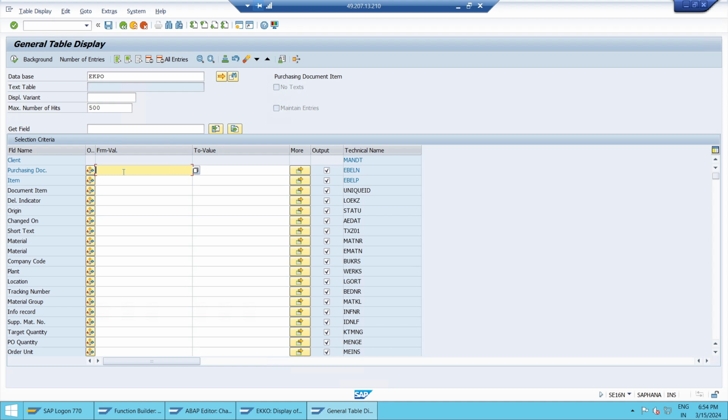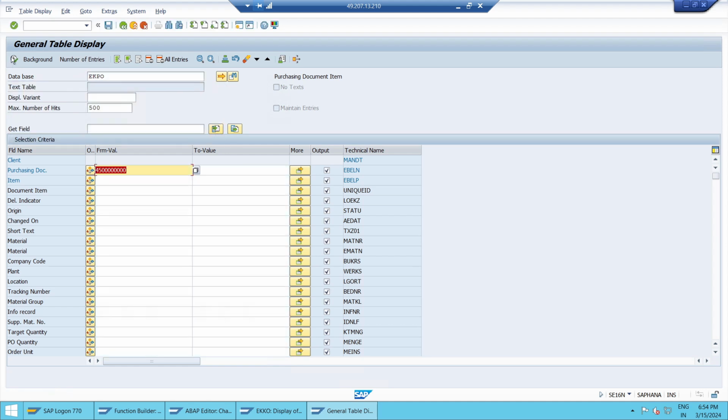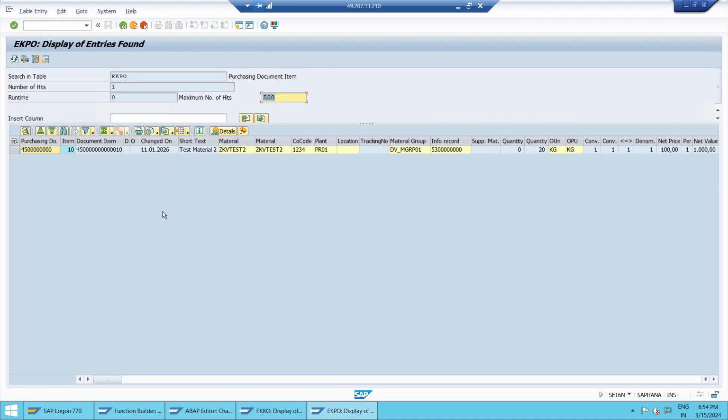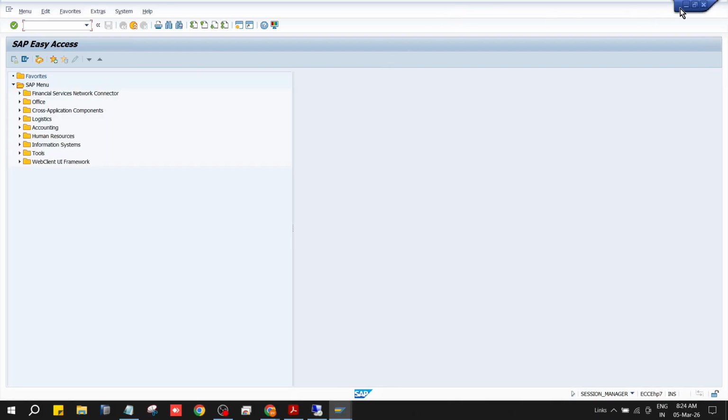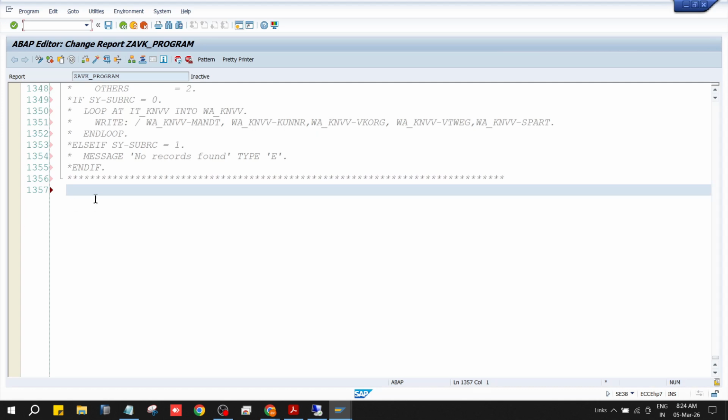So we'll take the purchase order and execute. There is one line item data, only one line item. Okay, if there might be more, yes. So how do we fetch data? My requirement is, like